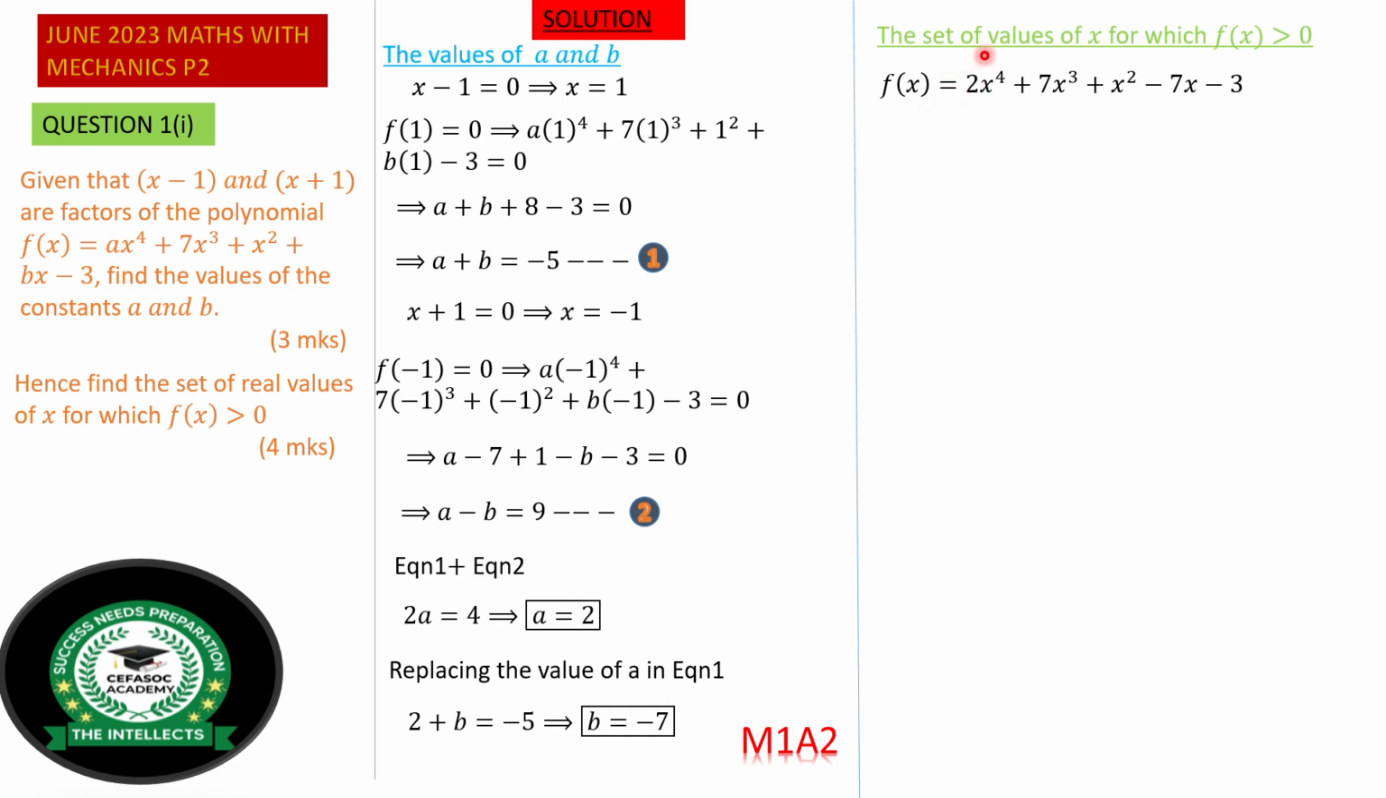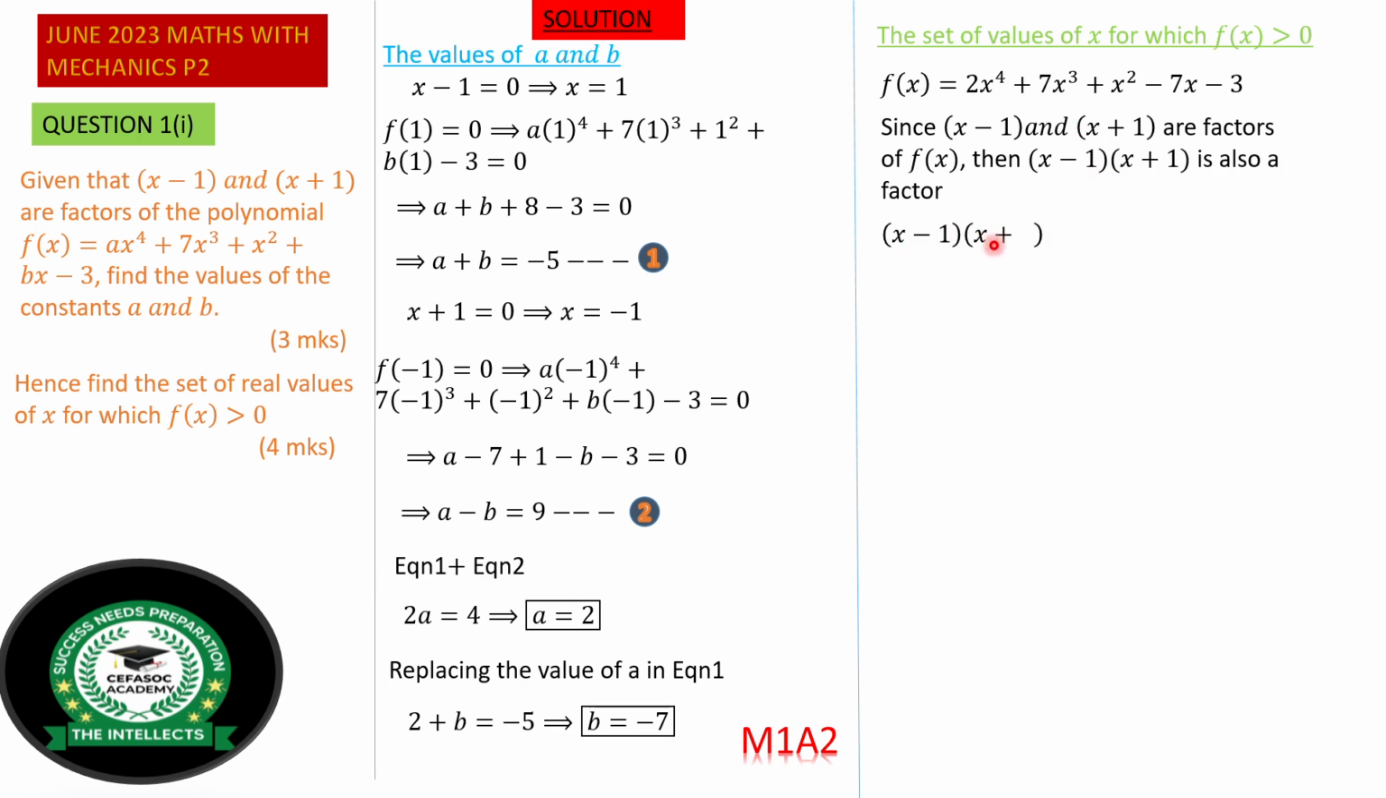Now, to find the set of values of x for which f of x is greater than 0, we need to factorize f of x. And to factorize f of x, we use its factor. So we set the condition here: since x minus 1 and x plus 1 are factors of f of x, then their product is a factor too of f of x. So we have that the product x minus 1 times x plus 1 is equal to x squared minus